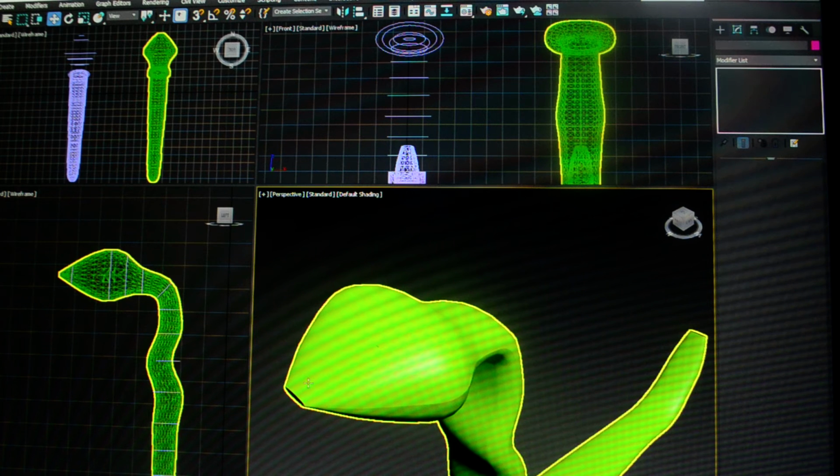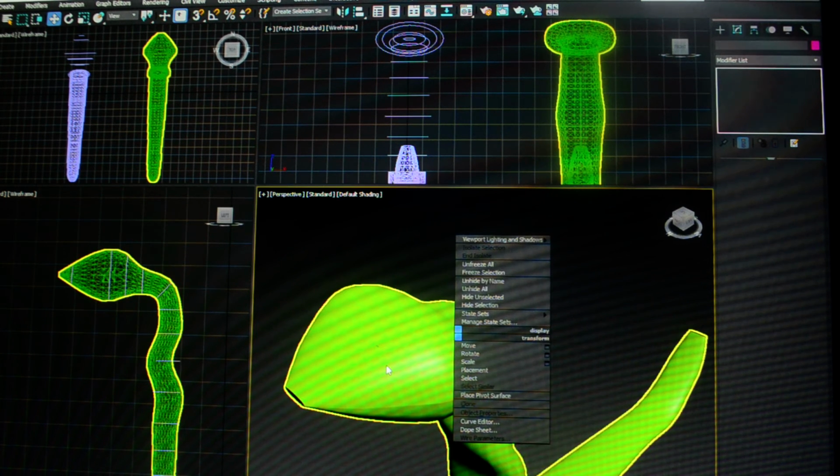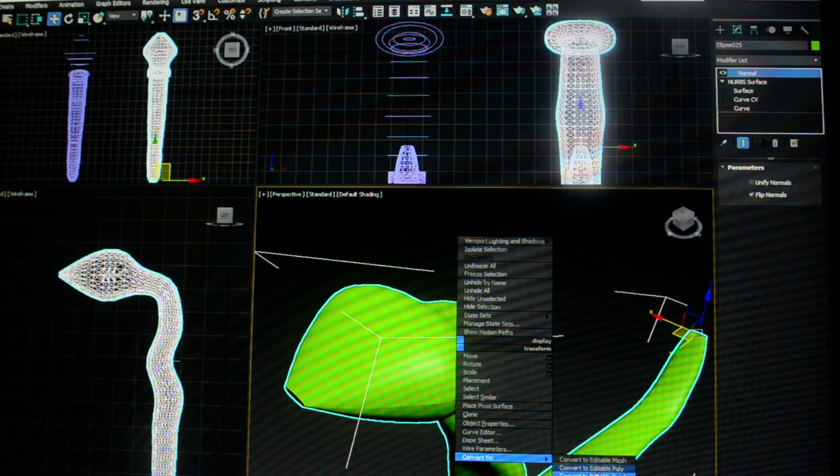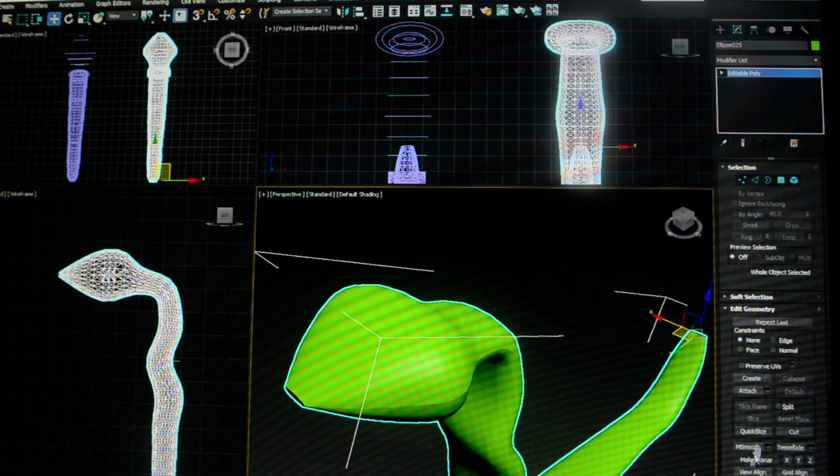And for the eyelids, okay, so now that say he's done, say I'm happy, I think he's done, I want to then convert him to an editable poly. And so that I can use my attach to attach my eyelids. Now, you want to link, I think maybe you can see it up here now. Use your select and link. I want to link his eyeballs, his tongue, and I'm not sure about his rattle. I have to decide if I want to move that independently,